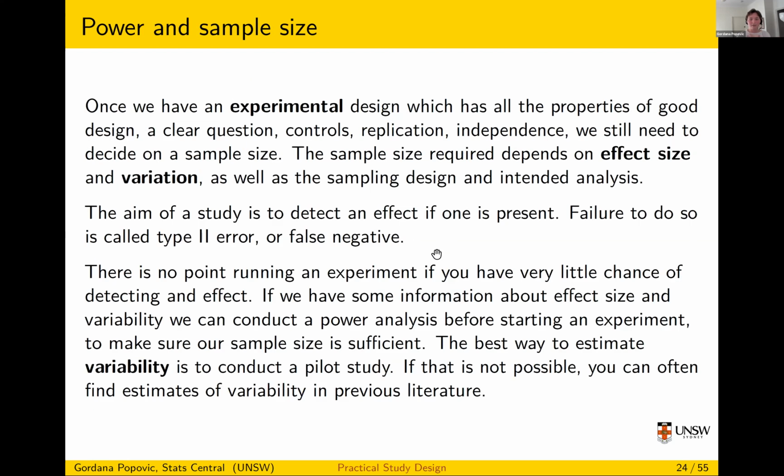Alrighty. So yes, in terms of variability, you need these two things. You need an effect size and you need variation. If you're really lucky, you have a pilot study where you can estimate variation from that. If you don't have a pilot study, then variation like standard deviation and standard error are things that are often, or should always, be reported in other people's studies when you look at the literature. And so you can use these estimates in your sample size estimates. If you know the standard deviation and standard error, you can work out the standard deviation, then you can use that.